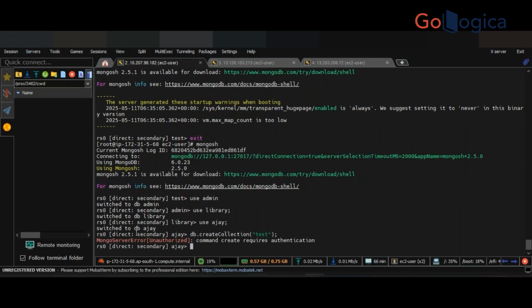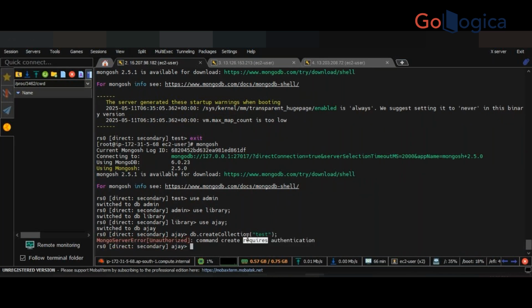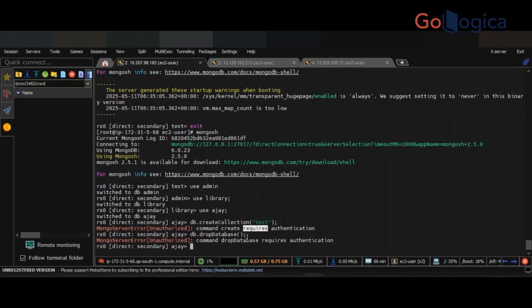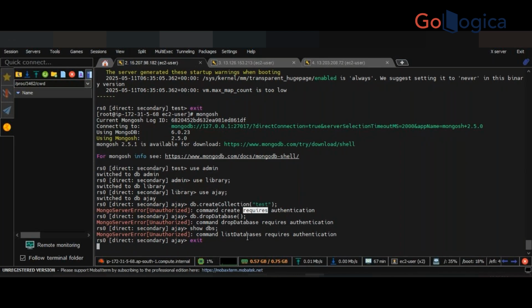See, we can connect, but we can't perform anything. I have created a database Ajay, and that also I am able to delete. So DBs also, everything is restricted. That's the thing. Okay, so if I exit and connect using admin,